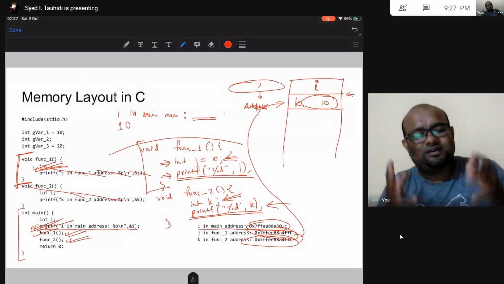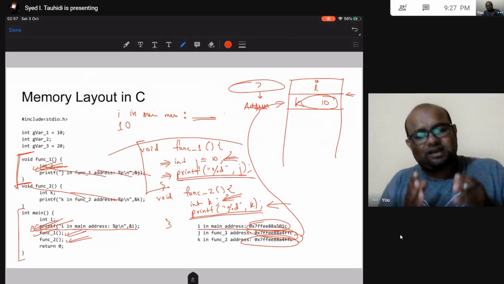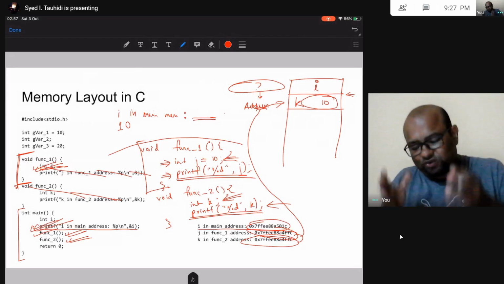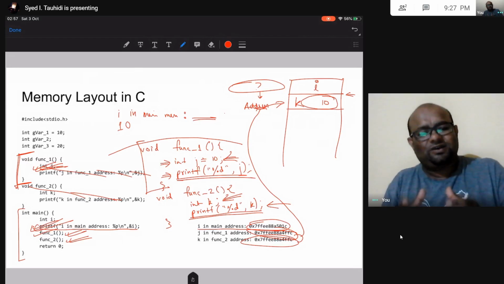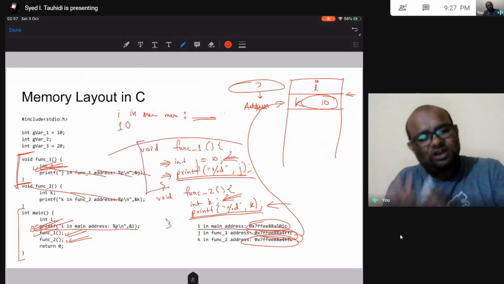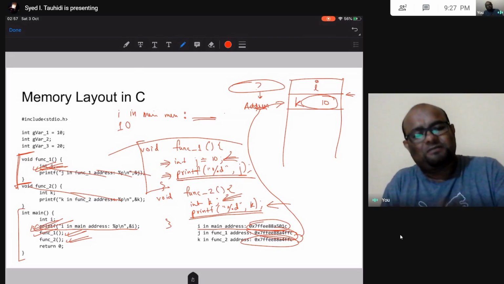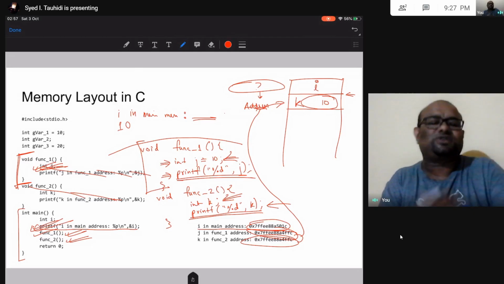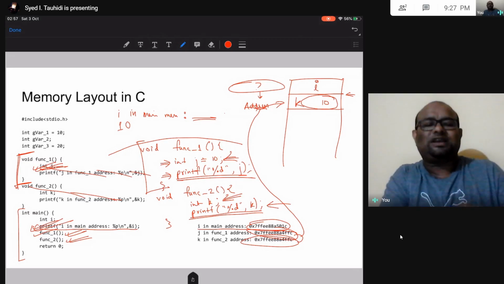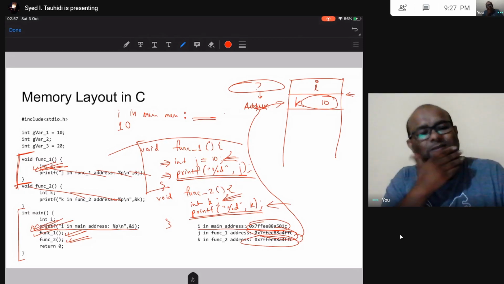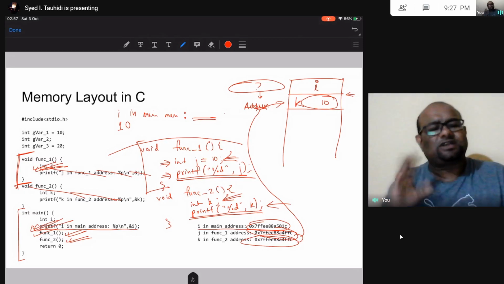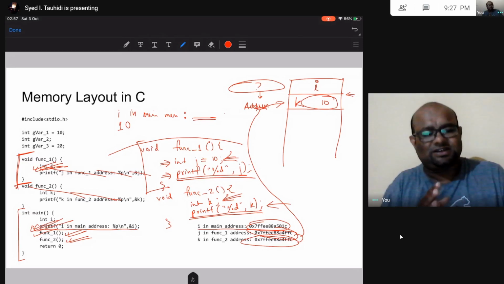So from a logical perspective, this memory that was allocated to j was deallocated. It was no longer allocated to j of function 1, but my processor is not going to erase what is there. That is the reason we get a garbage value, because whatever was there previously is still there. The processor did not make any change. But what was there previously? This value 10 was there previously, correct?